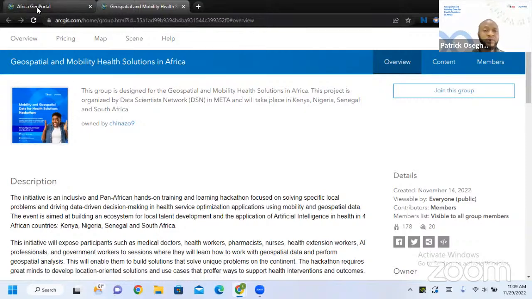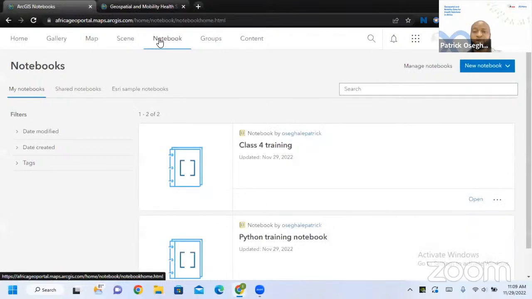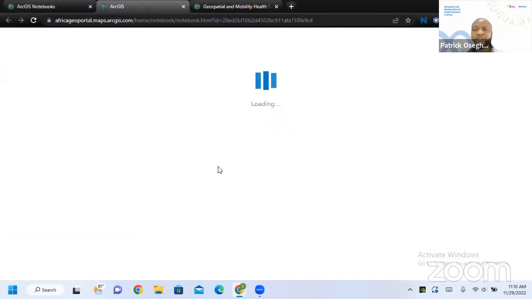I already prepared a notebook for you, and that is the notebook I'll run you through. I'll try as much as possible to explain all the functions that we'll be using so that you can replicate it and advance whatever you learn today. That is the purpose: an introduction to the functions and what you can do with them, then you apply your own knowledge to advance it. It will be very helpful for you. So this is the notebook I've prepared for the training. I'll walk you through it step by step.